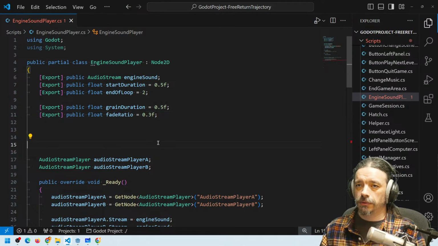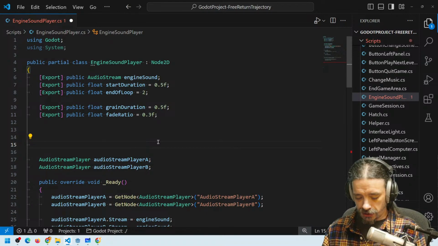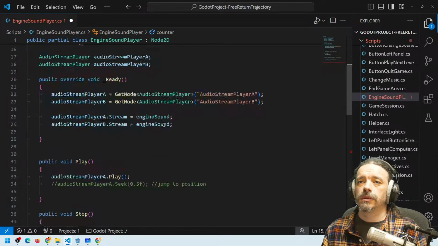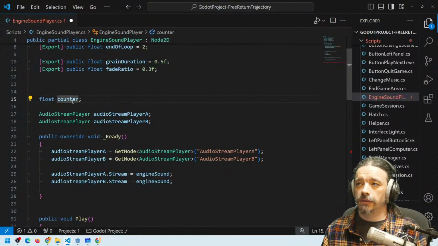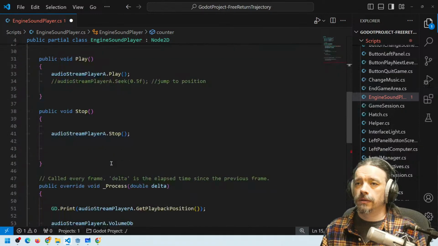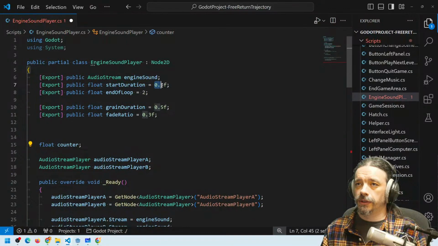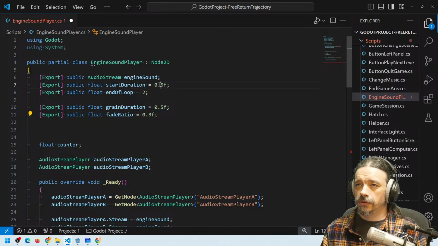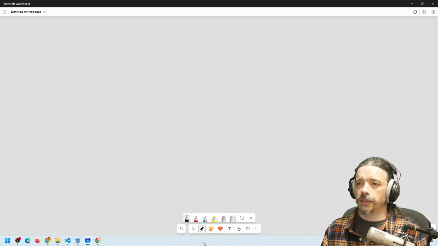So probably we will need a counter. Let's add a float counter, just in case we need to count time. And we have the duration and the fade ratio. So 0.5, 0.3. This means that,